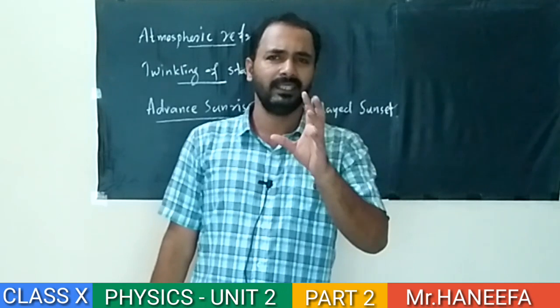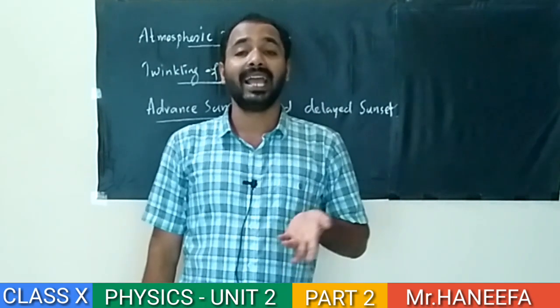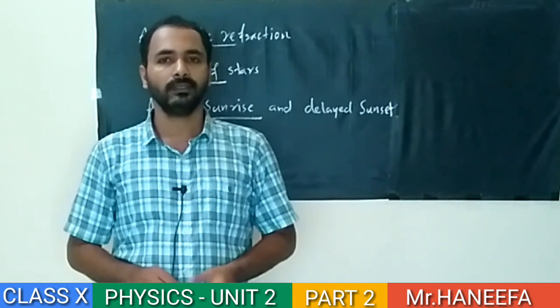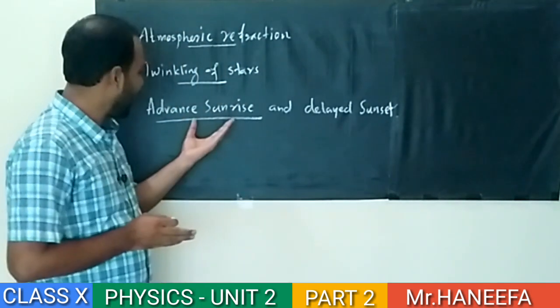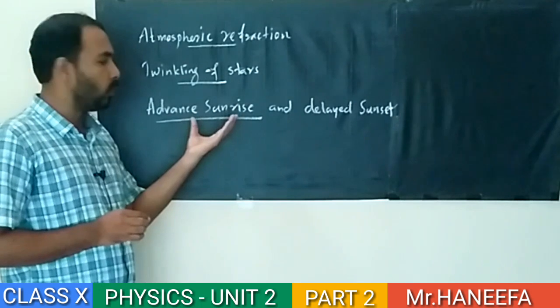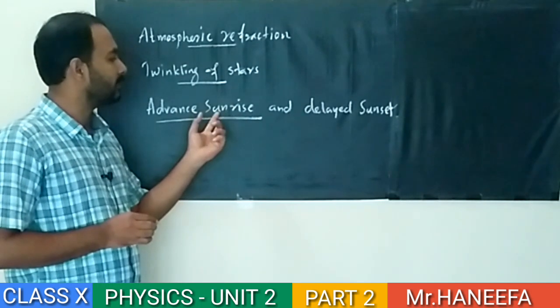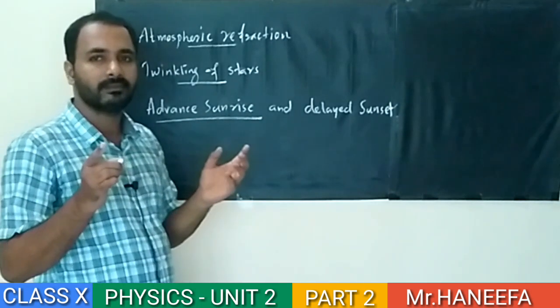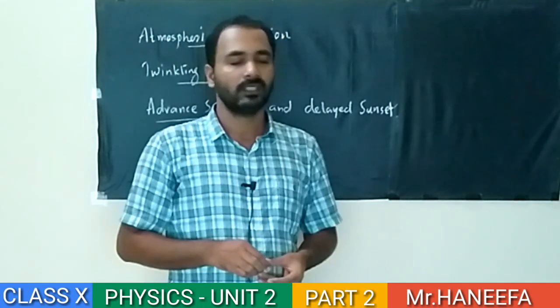We can see the sun before the actual sunrise. That is called advanced sunrise. For example,